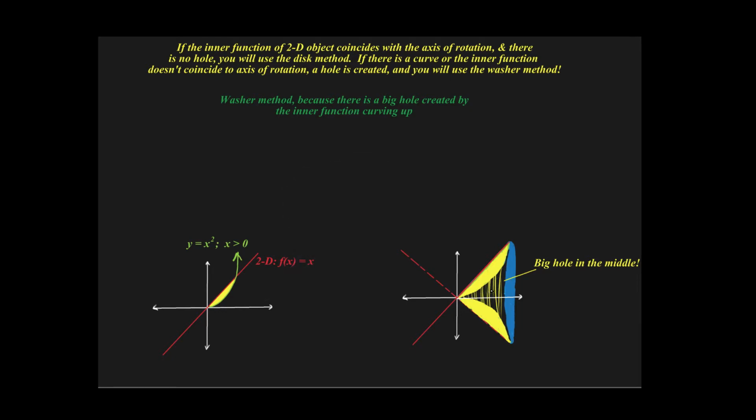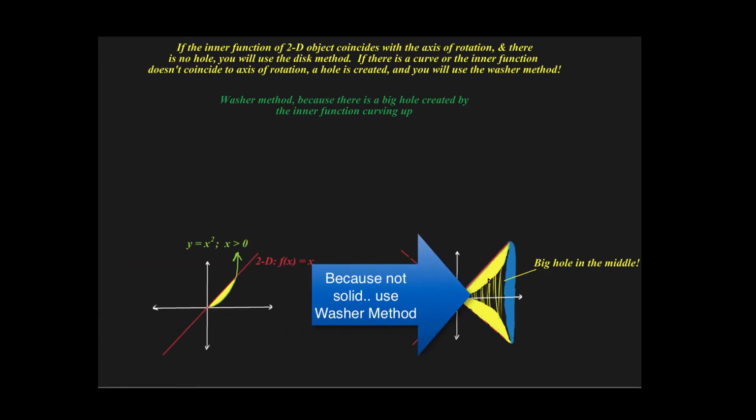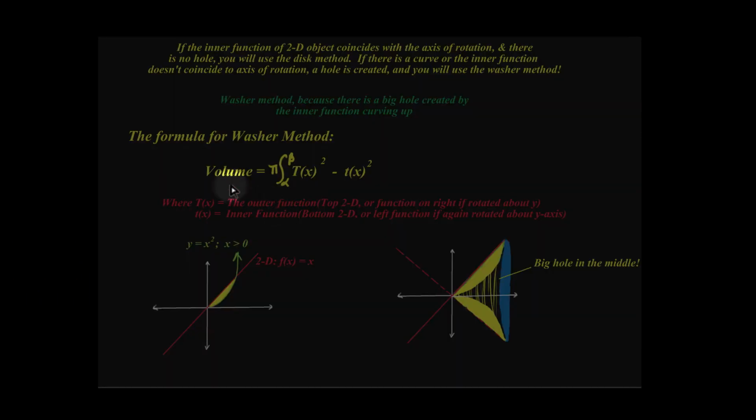So in this case, because there's a hole, you can't take disks out. There are going to be holes in your disks. That's why it's called the washer method. It looks like a washer when you slice it up. The formula for the volume of this three-dimensional object that's created, this cone-looking object that's got a hole in the middle, if you will, a funnel-shaped hole,